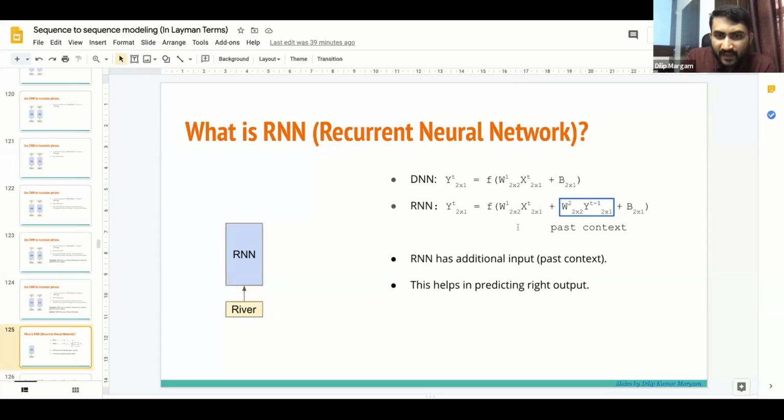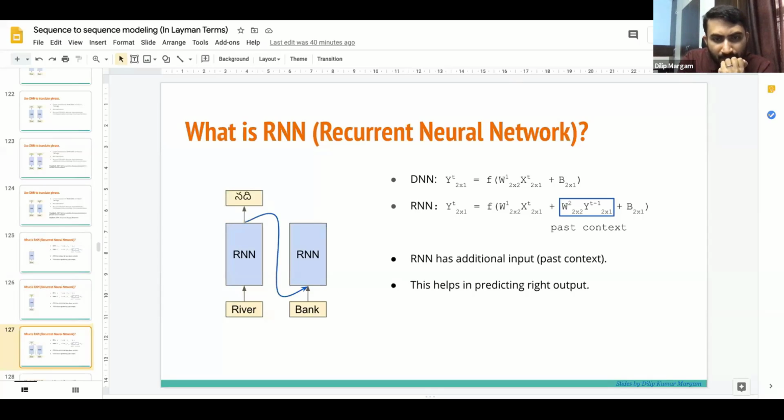This is the way we tell RNN that we have seen these words in the past, so the prediction could be different. Let's see how it happens in the example in the diagram. When river is given to RNN, it will predict Nadi. The second is bank. When it tries to predict bank, it will also take input from the past output, which is y t minus 1.